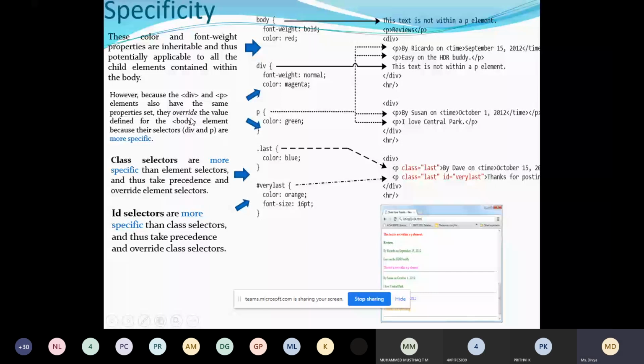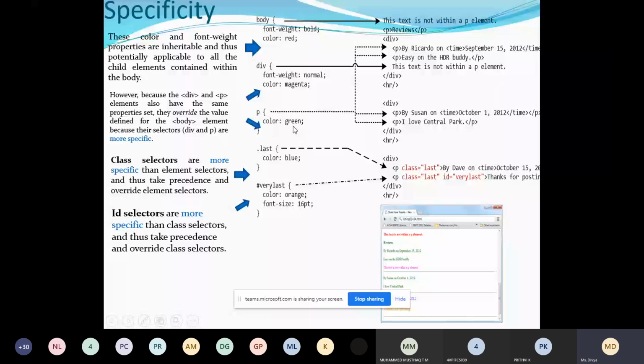We override the value defined for the body element because their selectors, div and p, are more specific. Specifically we have said the div should have color magenta and the paragraph should have the color green.